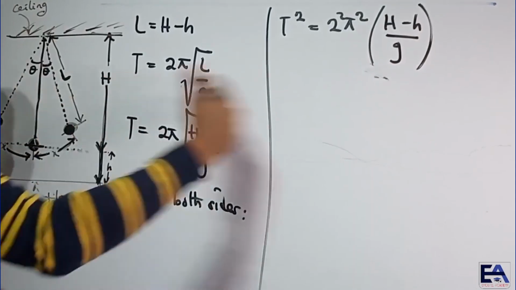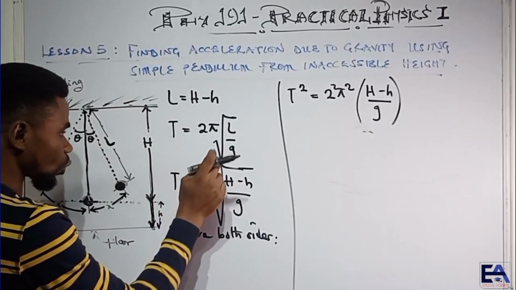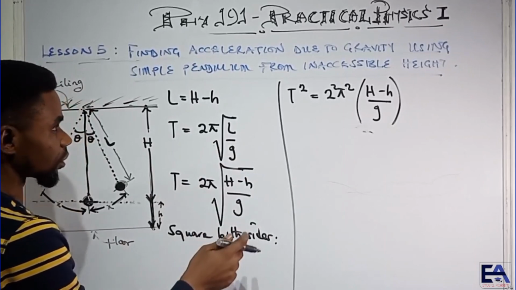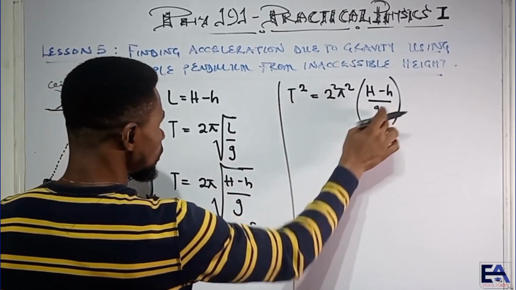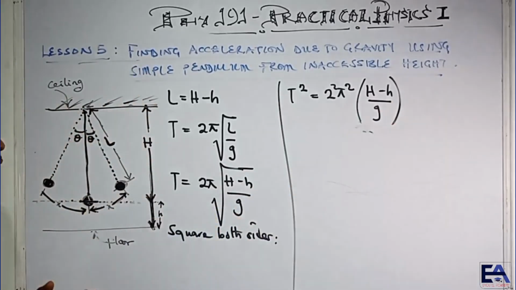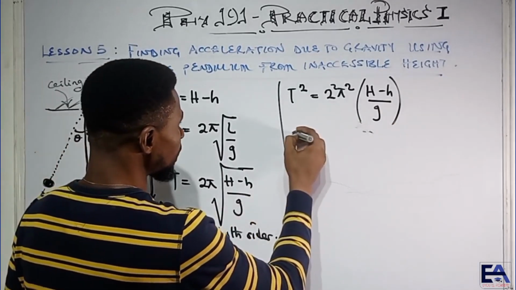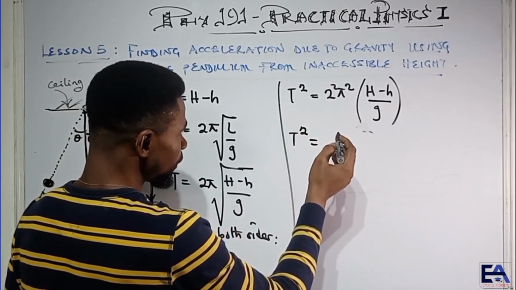So we square everything, okay? Square T, square 2, square pi, square this root. But the square over the root will cancel the root. And so it will now remain the property under the root, which is H minus h over g. Okay, so proceeding from here, we have it as T squared is equal to